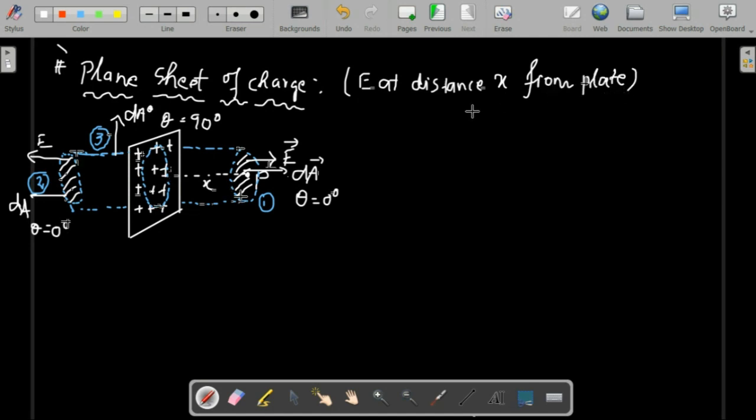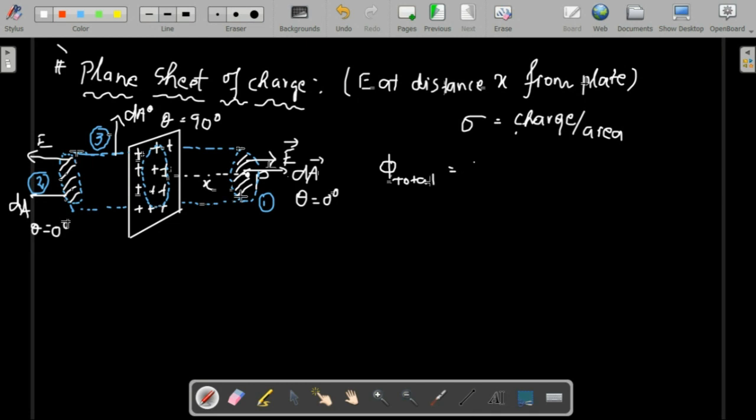Okay, we have to find it out. So this time it's area, so we're going to take the formula for area density, that is charge by area. So that's why this charge distribution is very important. And the Gaussian surface is a cylinder. Okay, so if you want to find out what is the flux phi total,